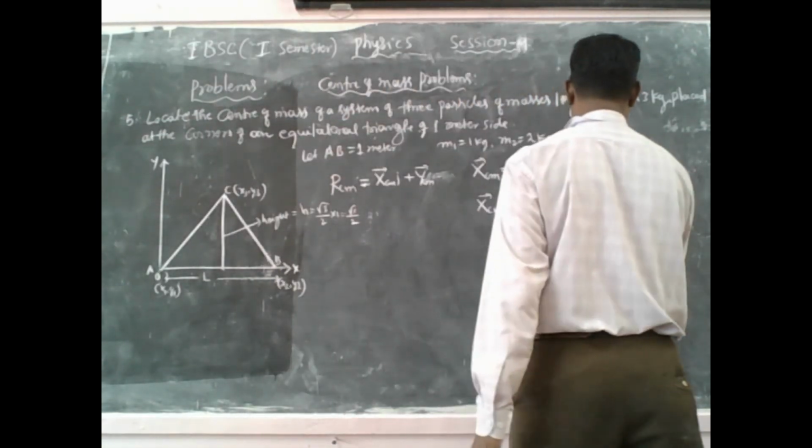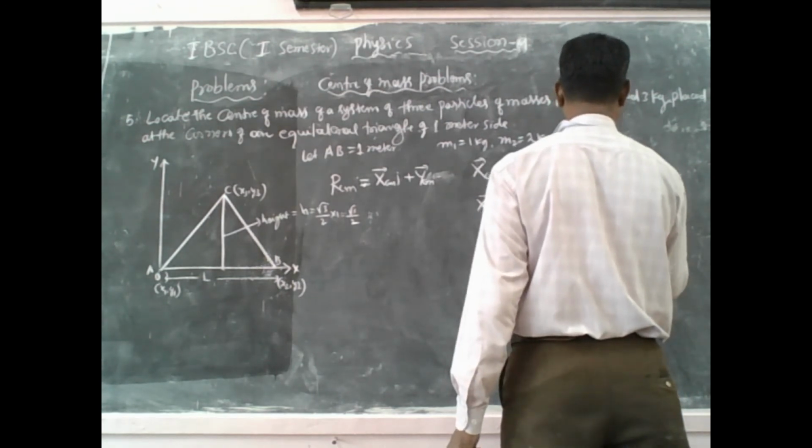So therefore M3 is equal to 3 kg into root 3 by 2